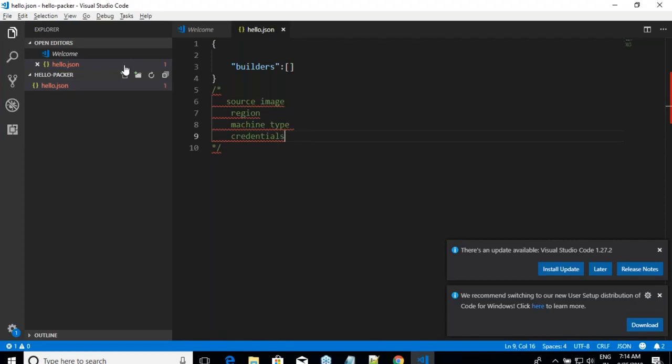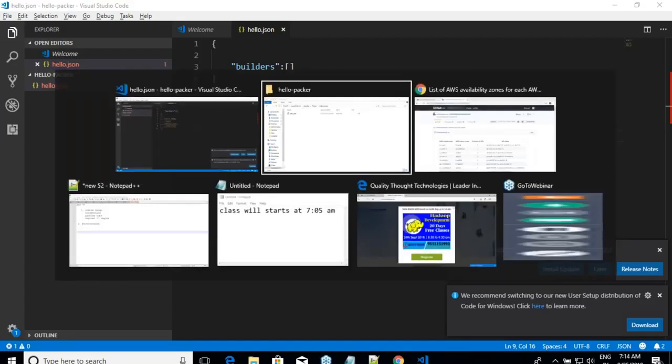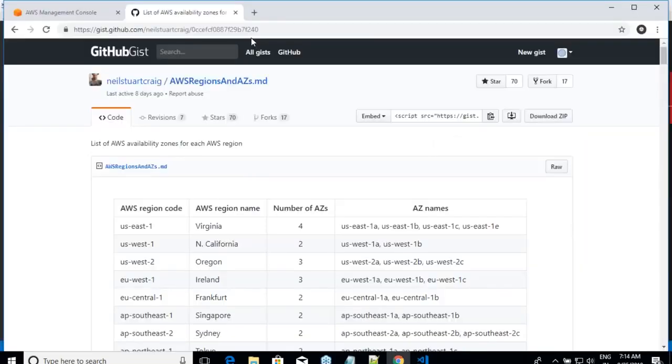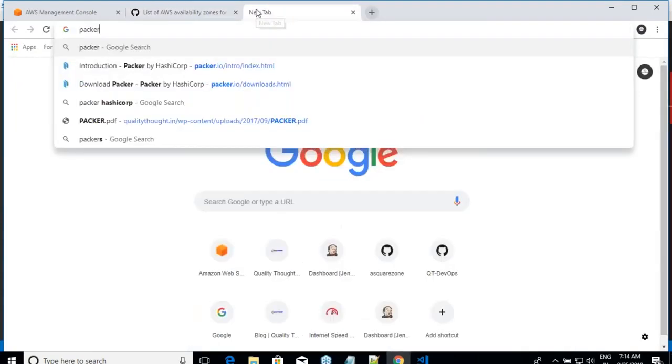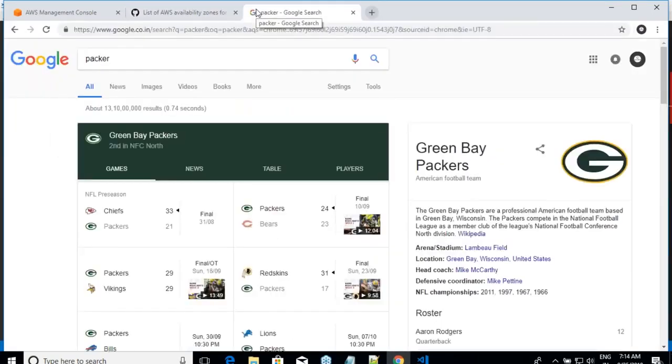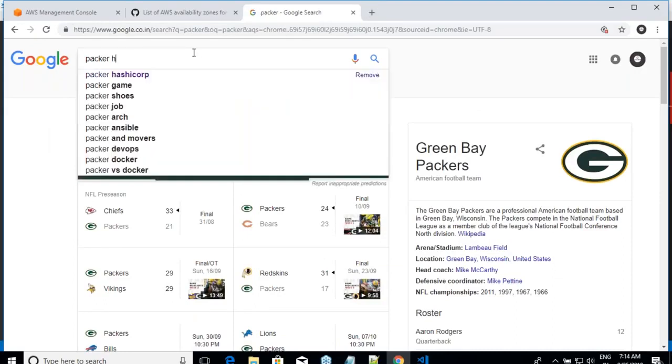Okay. So now let me go to the Packer site. And in the Packer site, I'll be going to a builder which is very much specific to Amazon.